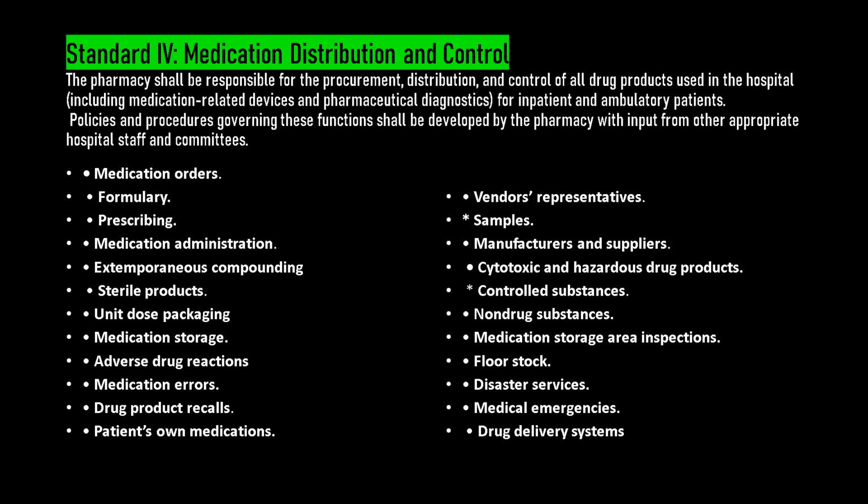Floor stock of medication generally shall be limited to medication for emergency use and routinely used safe items like mouthwash and antiseptic and other things. Disaster services: a procedure shall exist for providing pharmaceutical services in case of disaster. Medical emergencies: the pharmacy shall participate in hospital decisions about emergency medications, medication kits, and the role of pharmacists